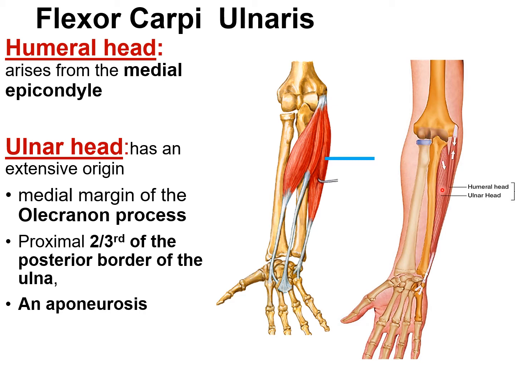between flexor carpi ulnaris and flexor digitorum superficialis. Occasionally, a slip also arises from the coronoid process of ulna. A tendinous arch connects the two heads. The two heads of flexor carpi ulnaris, that is the humeral head and the ulnar head, are connected by a tendinous arch, and the ulnar nerve and the posterior ulnar recurrent artery pass beneath that tendinous arch.